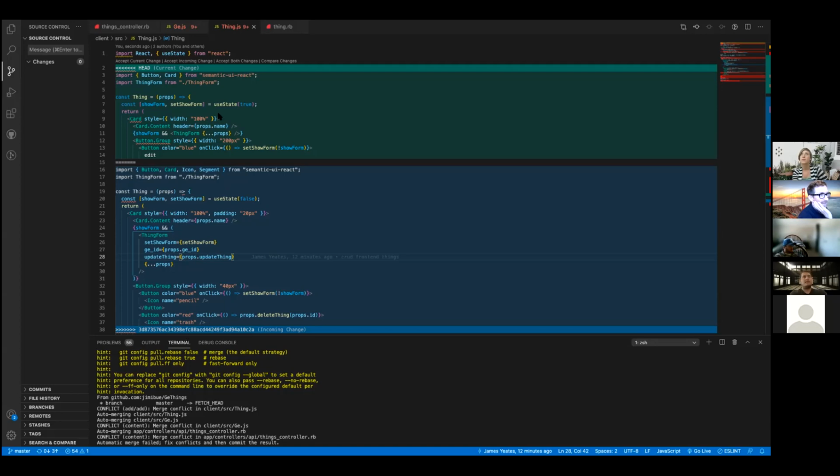Yes, and this is where these conflicts can get pretty messy, because if people are doing a lot of work on the same file, there's going to be a lot of conflicts. So one strategy is to go through